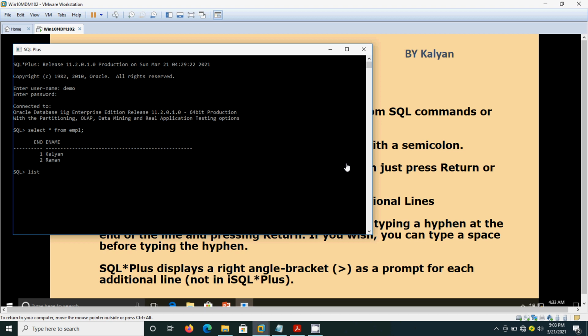Okay, there is no need to do anything. There is no need to put semicolon or slash. Just like that I will type the command list and just press the enter. It shows the latest content in the buffer. Okay,